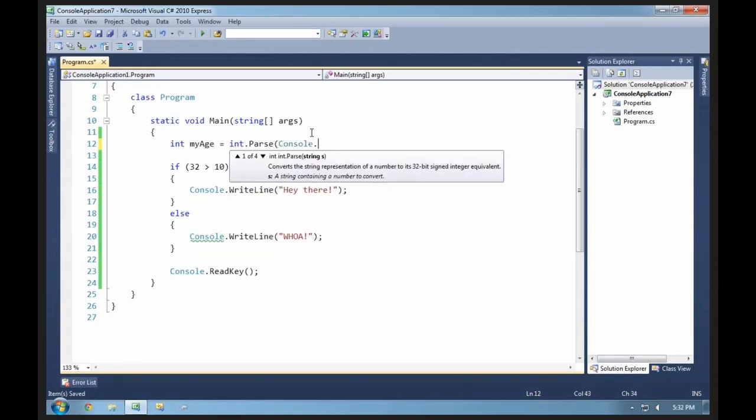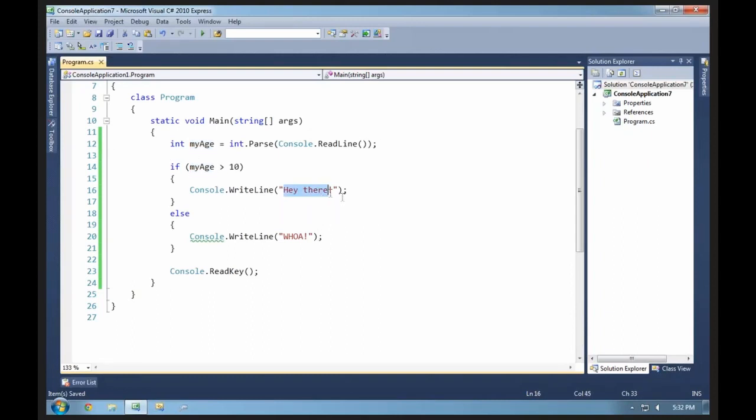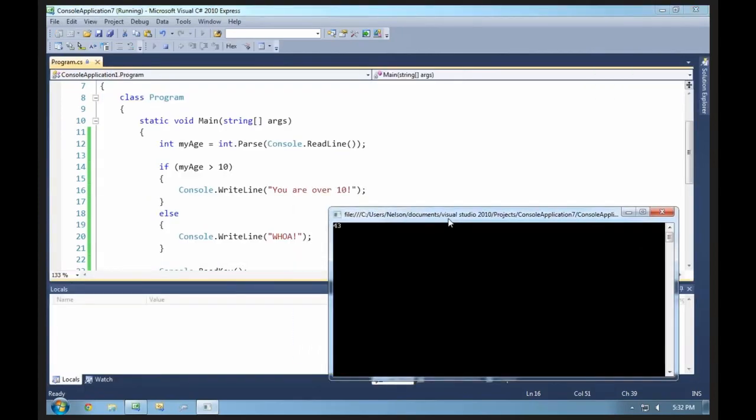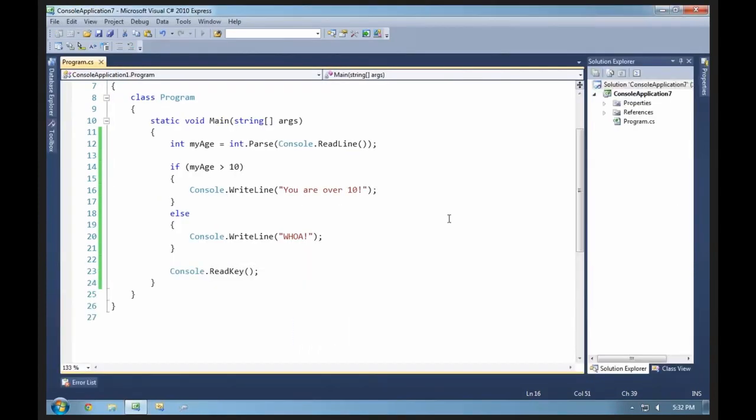more interesting when we introduce actual input in our expressions. So very straightforward